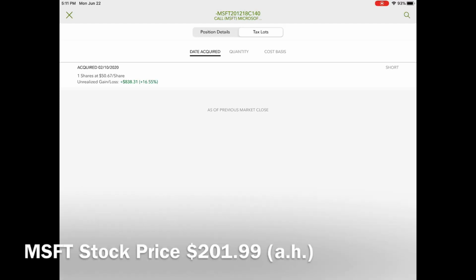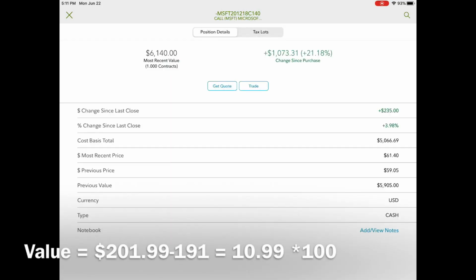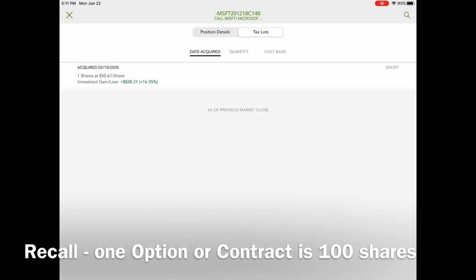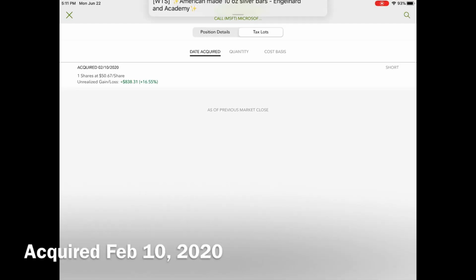I still have about 6 months to go on this, and I'm currently after hours today. The Microsoft price is $201.99, and so that shows you it's in the money. It's above 191, and it's gained 21% in value since I purchased this contract. If I switch back, you can see on the left-hand side I acquired these shares on February 10th. This was before Corona. This is just one single